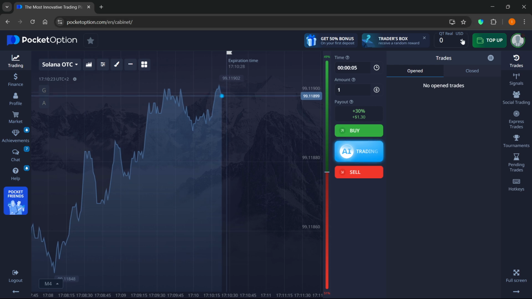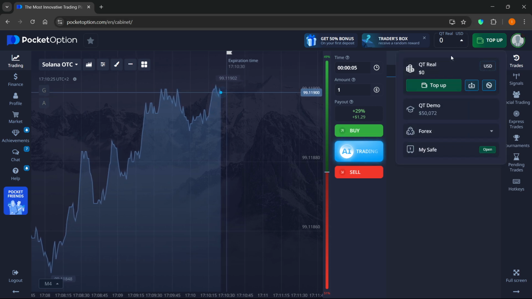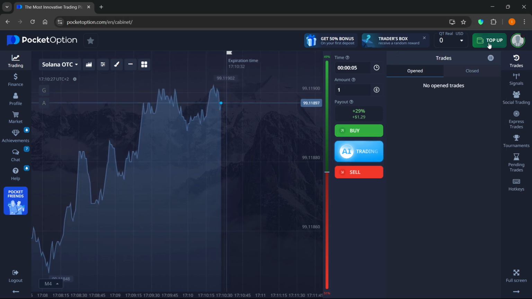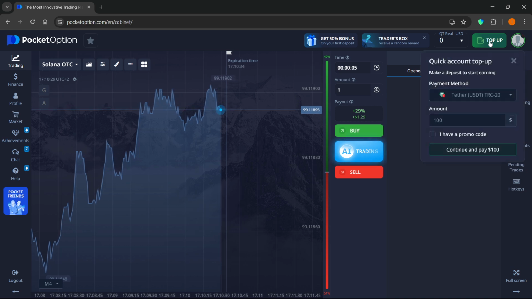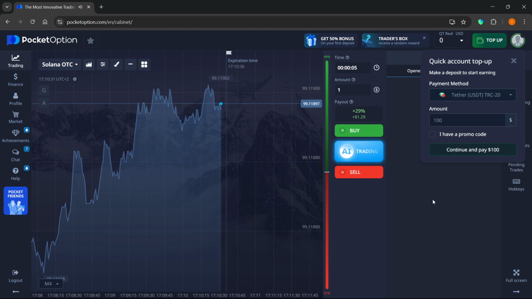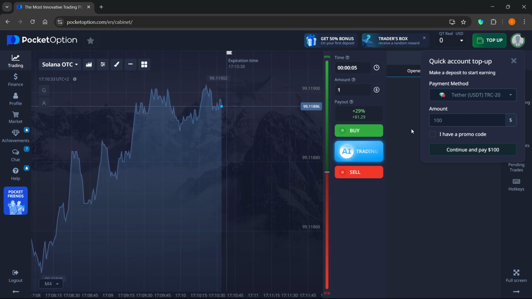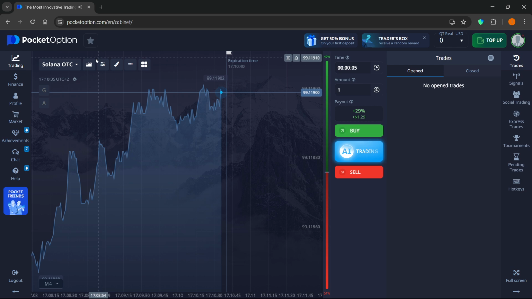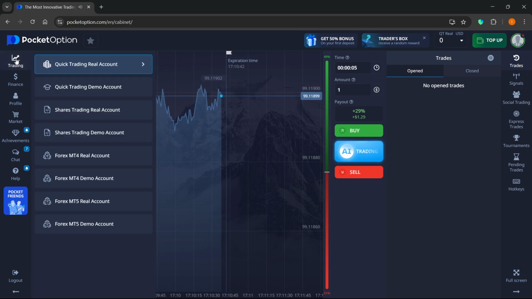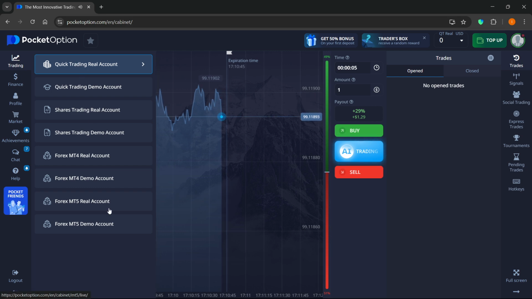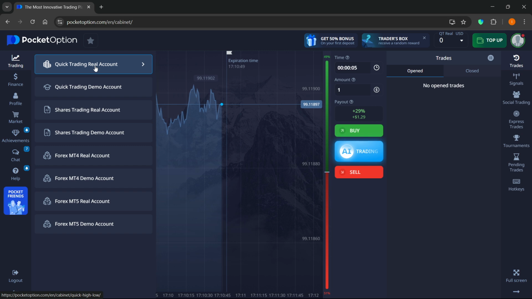And if you want to use a real account, first you'll have to basically top up and just deposit some money. So you can go to top up here, top right, and then you can just go through and deposit some funds on here. Now, once you've done this, you then have to go over here on the left and you want to click on trading, and over here you can select which account you want to trade with. If you want to trade with real money, quick trading real account is going to be the one for you,